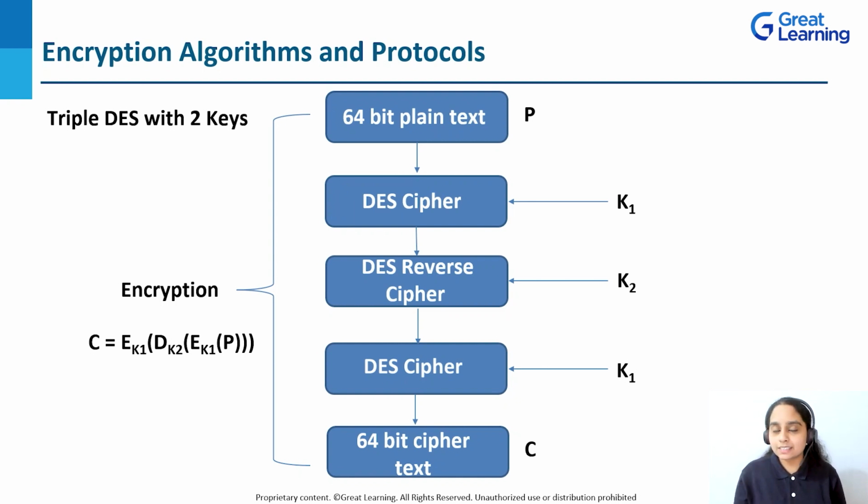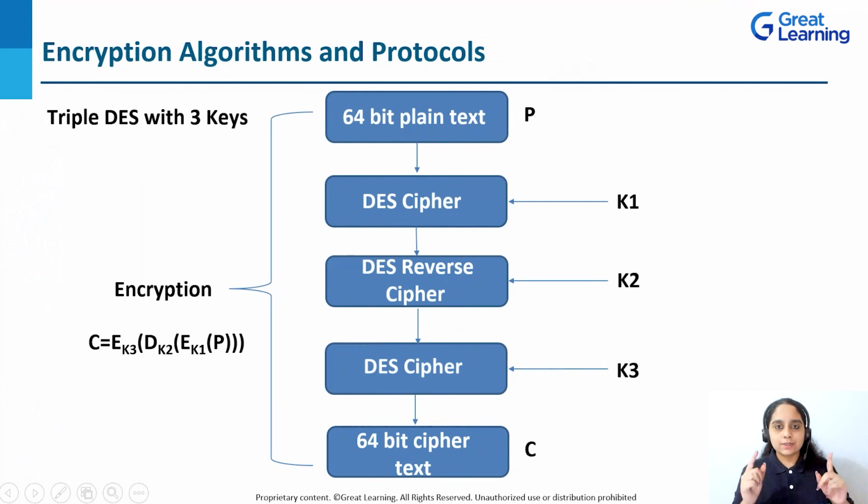So when the plain text is passed through an encryption algorithm, we get a cipher text. At the end, we get a 64-bit cipher text. C represents cipher text. We have used two keys, key K1 and key K2. The key K1 is used twice and the key K2 is used once. Hope you all have understood how to convert a plain text into a cipher text in triple DES with